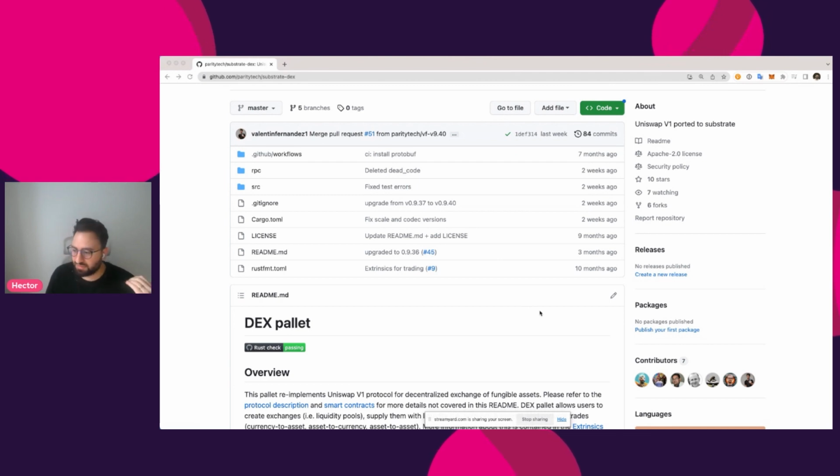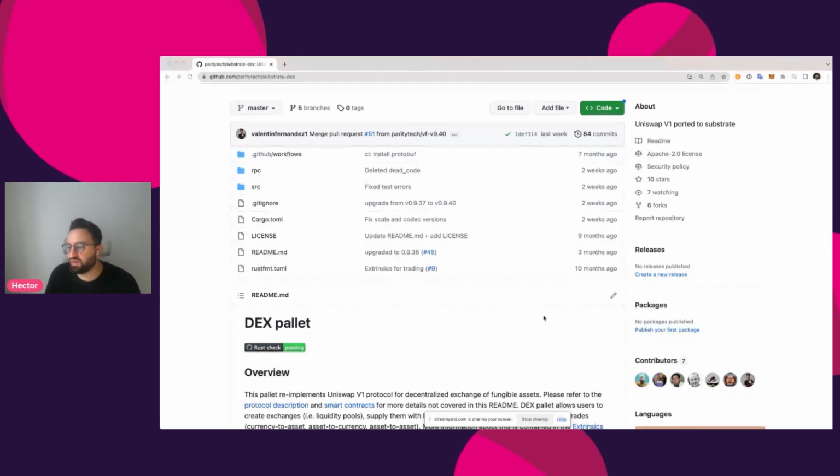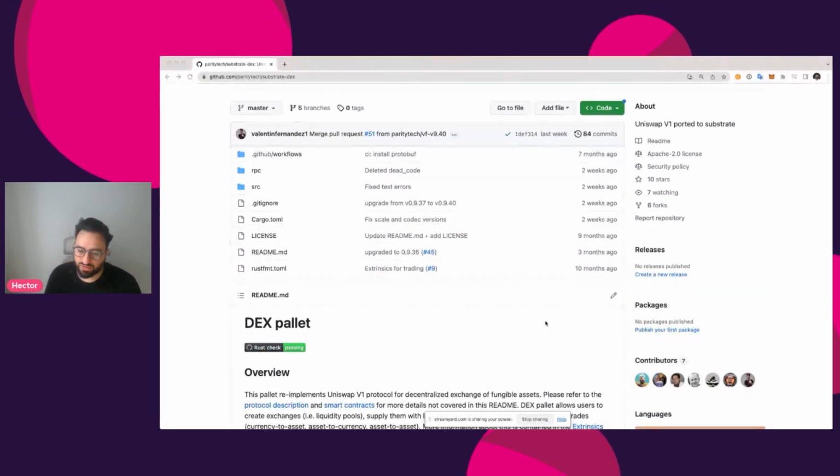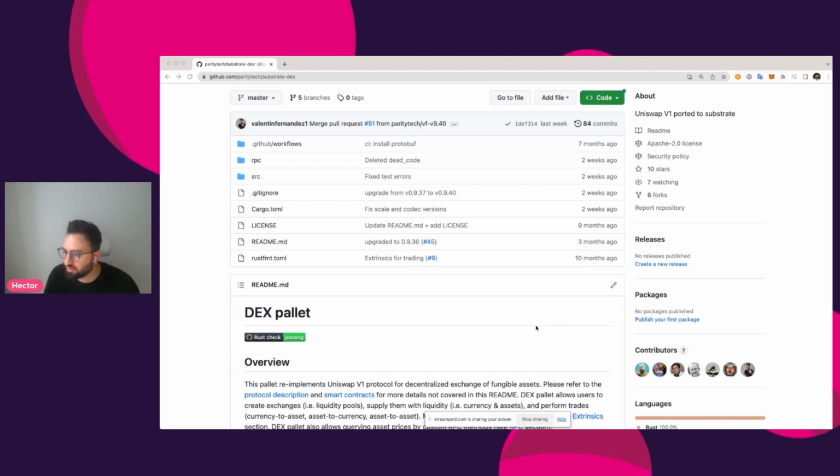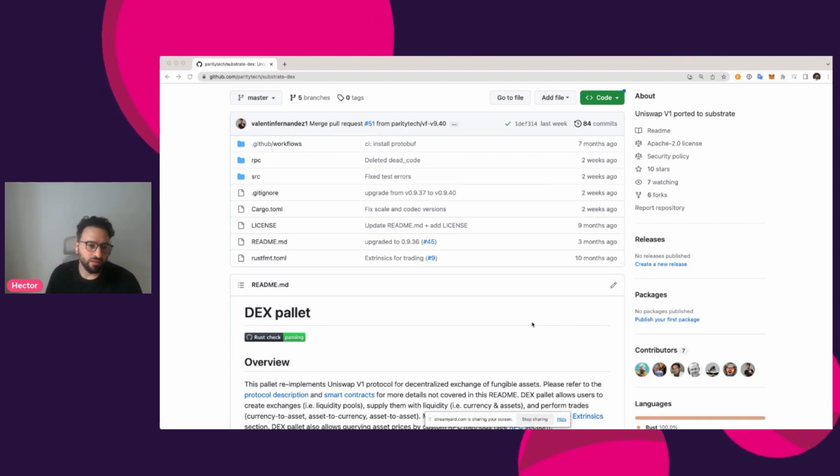It was an internal practice that we did in the team just to go in depth about how to interact with all these interfaces from the pallet assets, right? But by no means does this show any kind of real economic value held in this pallet. Also, you should not implement this in your production runtimes, but you can use it if you want to, I don't know, start a testnet and play with the pallet assets types. Okay,